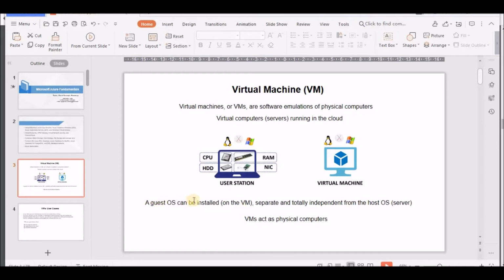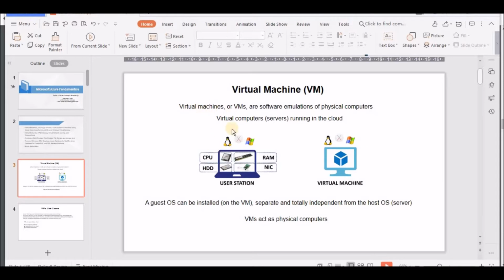And a guest OS can be installed on the VM, separate and totally independent from the host operating system. So you can have a Linux operating system on your base machine, but you can install any operating system on the virtual machine. The hypervisor software is installed, and after that you will have all the virtual machines.